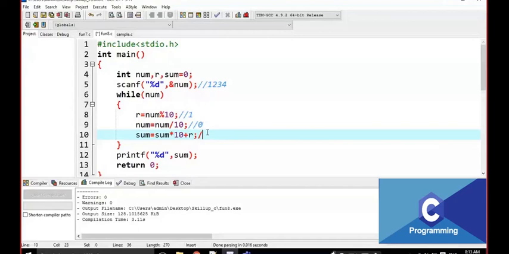For the first time, sum is 0. 0 into 10, that is 0 plus 4, that is going to be 4. For the next time, 4 into 10, that is going to be 40. 40 plus 3, that is going to be 43. Then next time into 10 plus 2, into 10 plus 1. Like this it is going to happen. This is reverse of a number.